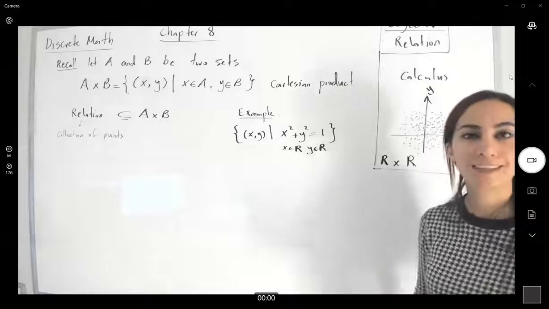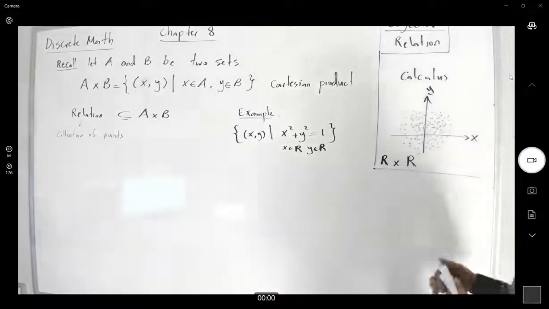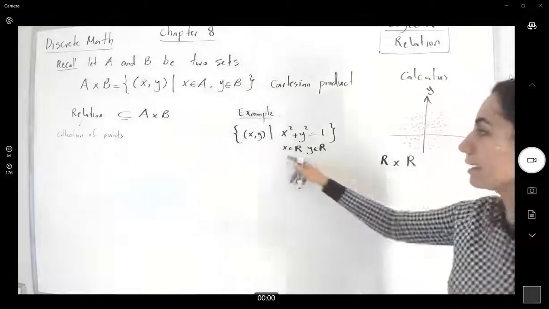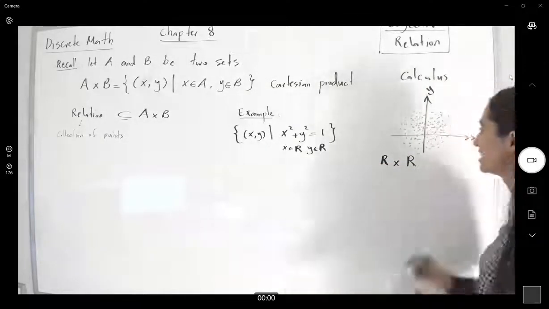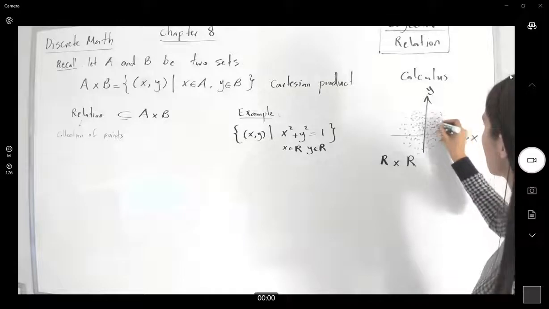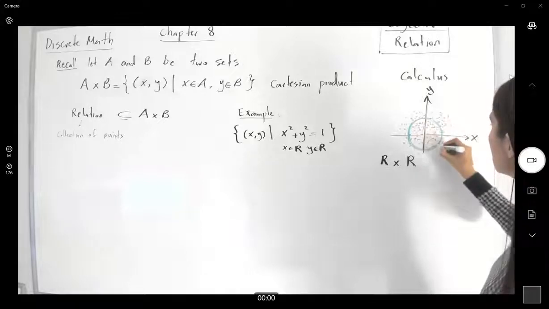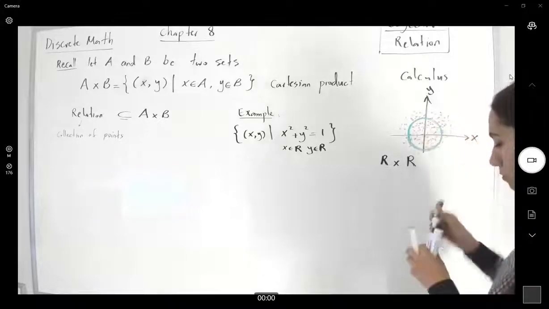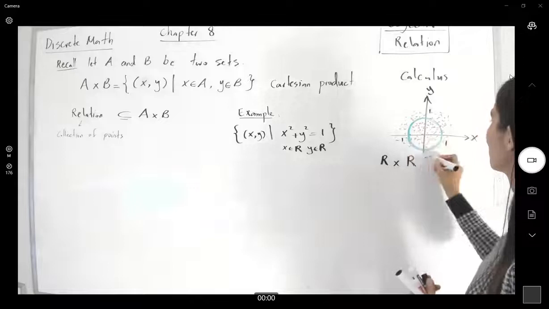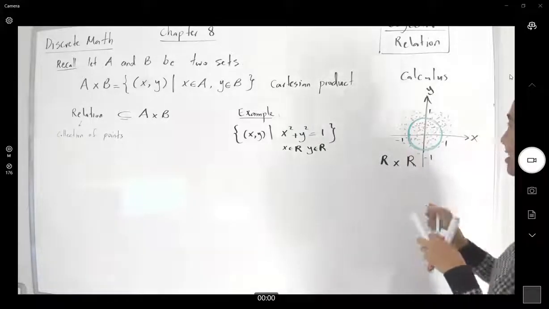I ask you to identify this relation or graph it. You might say this is not very hard to visualize. Why is that? Because I already know that x and y are both in R. So I just need to find all points on this unit circle, the collection of all points (x, y) such that x squared plus y squared is equal to 1. The graph is going to be this graph